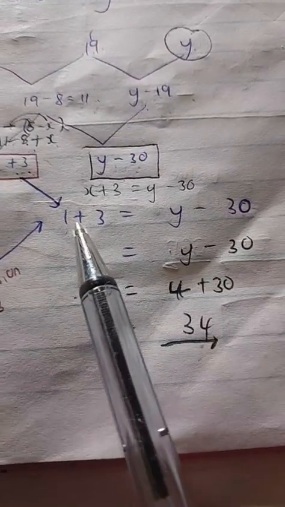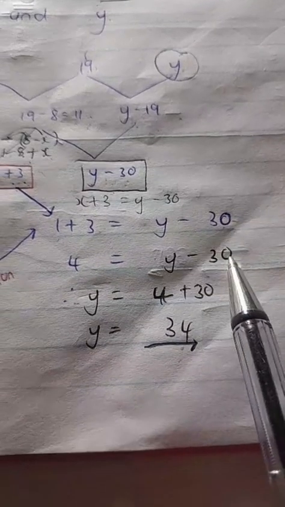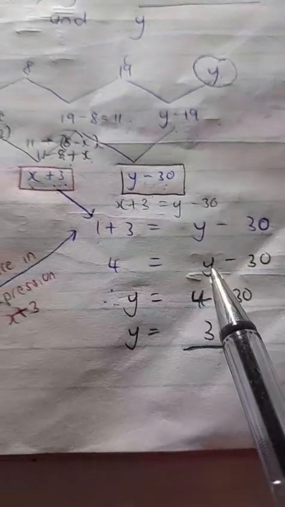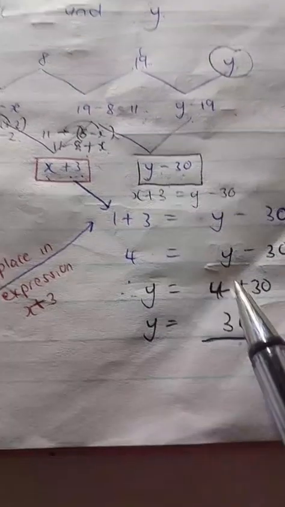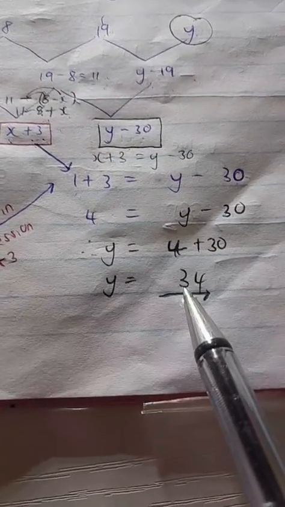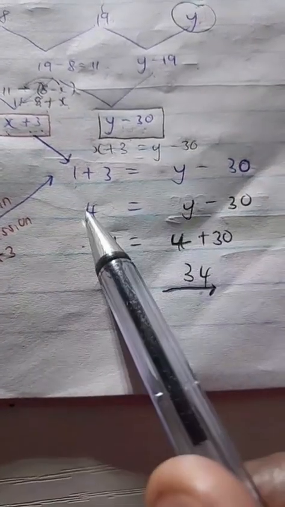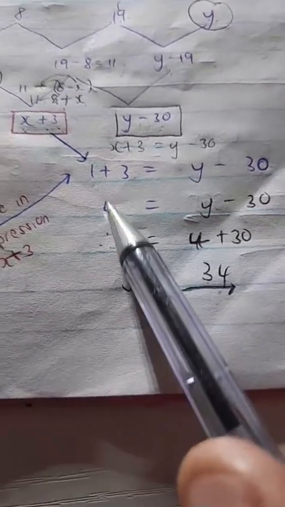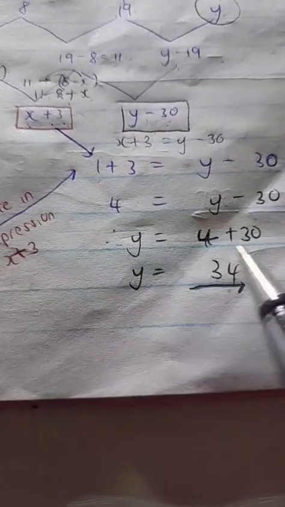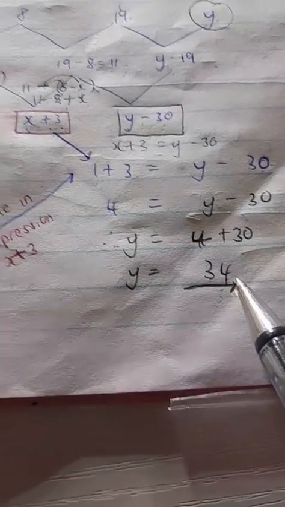So we substitute, like I said, 1 plus 3 is equal to y minus 30. What's 1 plus 3? It's 4. On the right side, we transpose negative 30 to the other side. What's 4 plus 30? That gives us 34. Remember, the y was positive when it was isolated. If you take negative 30 and transpose it, it joins positive 4, becoming positive. So 4 plus 30 gives us 34. So y is actually equal to what? To 34, all right?